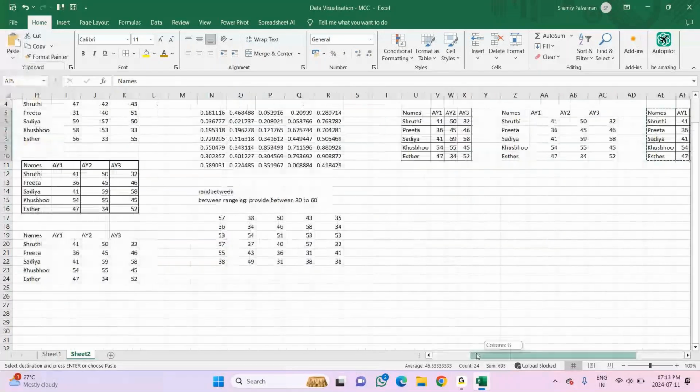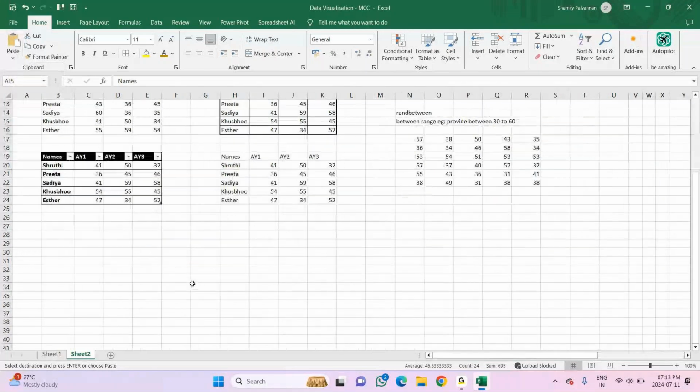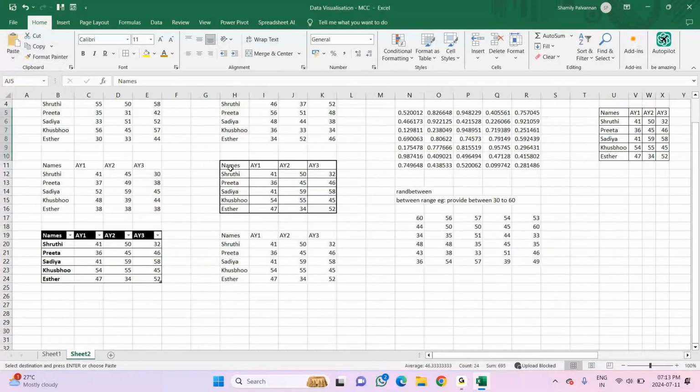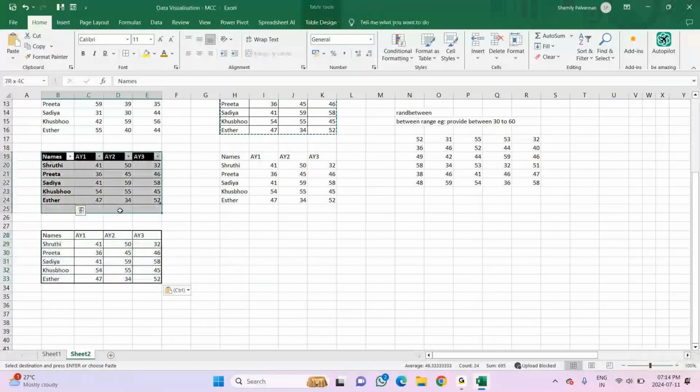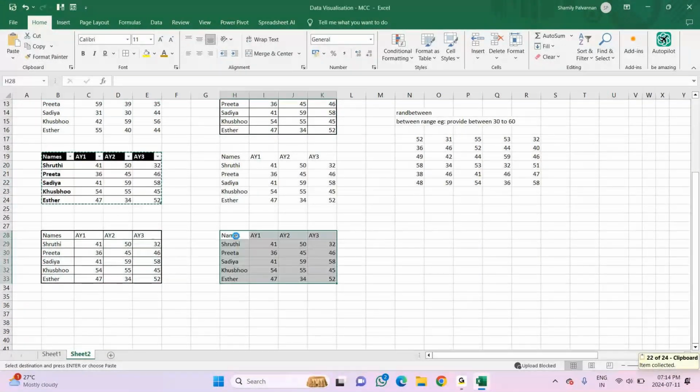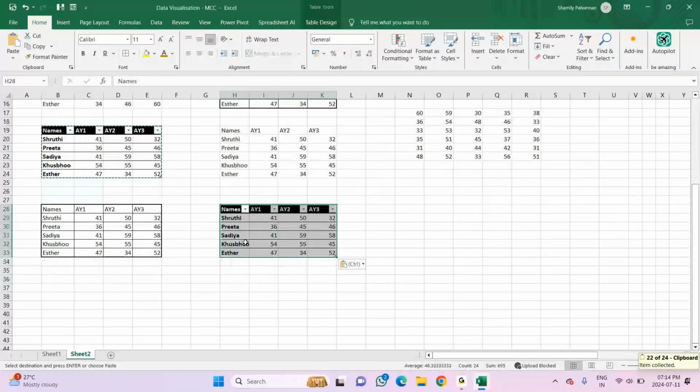The next option for pasting, we will see this. Say this is the one option I have. I'm copying this and pasting. No changes. But what I want here is, when I copy this and paste here, I want the headings to be reversed. The rows should convert into the columns and columns to be converted into rows.